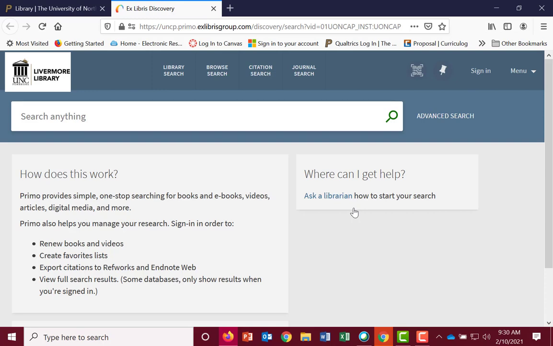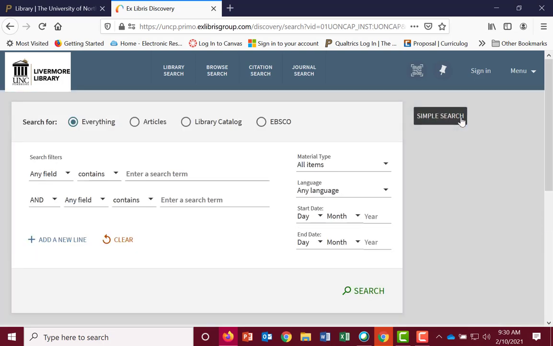I like to use Primo primarily to search for books, because it will search for books, ebooks, and ebook chapters. I don't like it so much for articles, but that's my preference. So simply begin by typing in your keywords. You may want to go ahead and do an advanced search, because that'll give you several lines to search